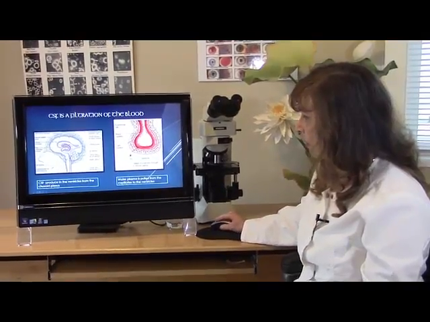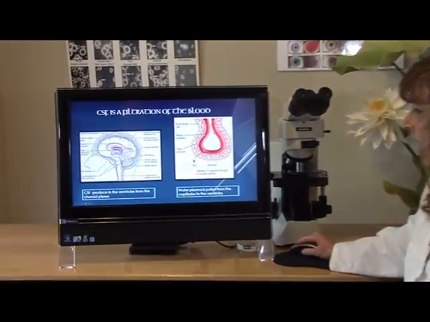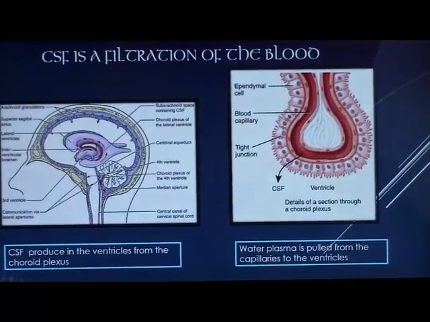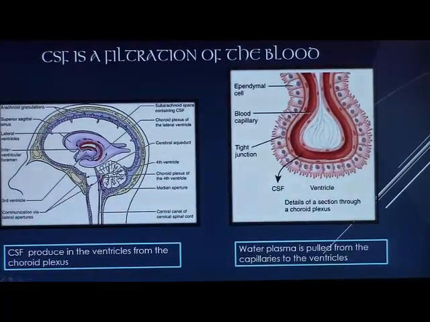This is the capillary, the blood circulating in a capillary, and the choroid plexus filtrates through these little cubical cells here, which really are the blood-brain barrier. It filtrates only the plasma of the blood, which will be delivered to the ventricle. And this is how the plasma, the cerebrospinal fluid, will start